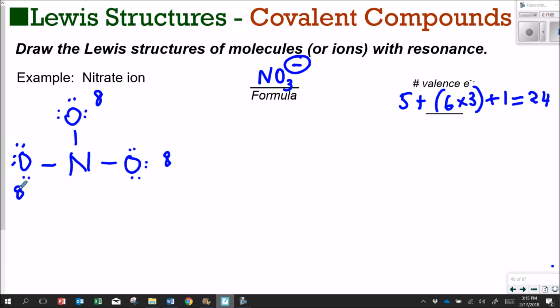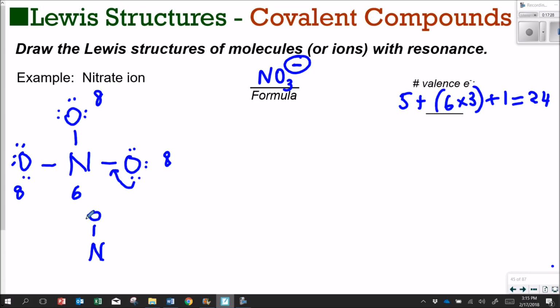The nitrogen, however, only has 6 electrons around it. So it is not yet satisfying the octet rule, and it has to. So we are going to form a double bond by transferring 2 of the oxygen electrons here to the bonding area. So our structure instead will be